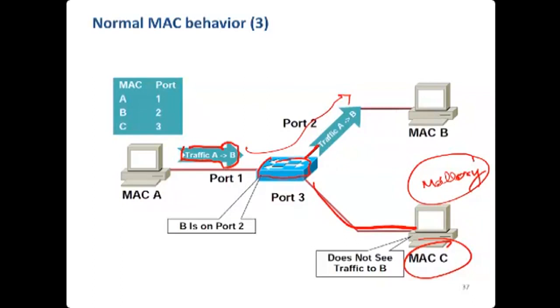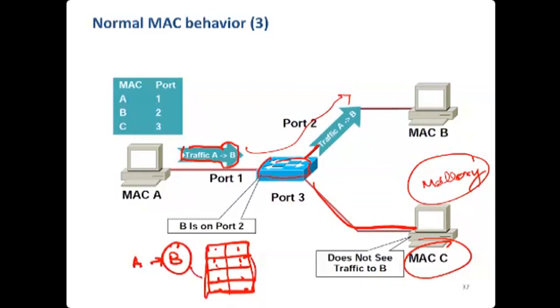Okay, one condition we know is when the CAM table is full. This CAM table, you know, for example, A is sending to B, and communication has not started yet, and all these entries are full. Now when A sends to B, this switch will search for B's address in the table, and all these entries are full. What will the switch do? The switch will send this packet everywhere, right? Now Mallory will receive what? What A has sent to B.